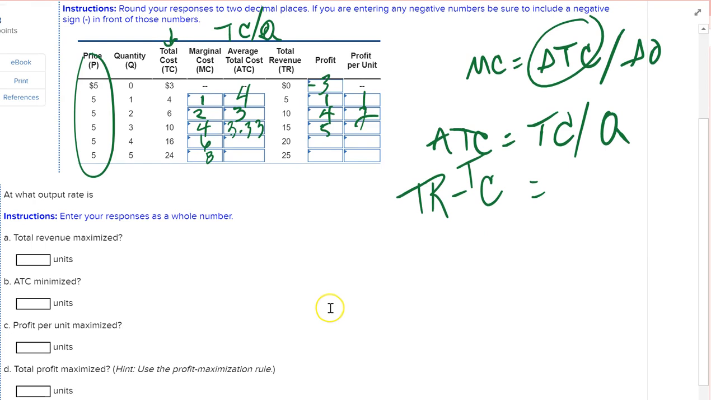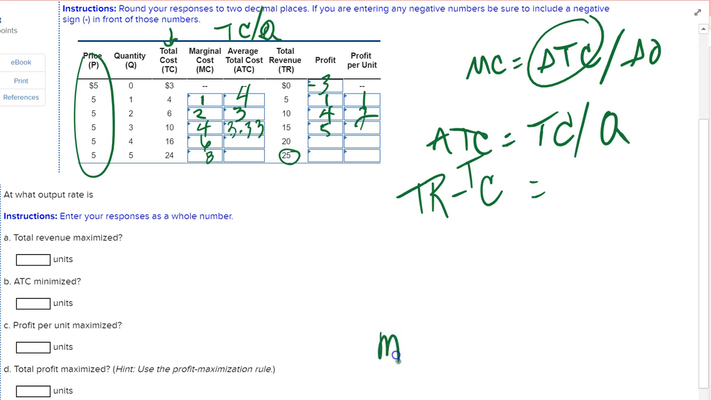So where is total revenue maximized? You can actually look at it right here in the chart. Where we get the most revenue, it is right here. Where is ATC minimized? You'll be able to look at your average total cost and see the point where it is at its minimum. Profit per unit maximized, you're just looking for the point where it's at its highest. And total profit maximized, you're looking for its